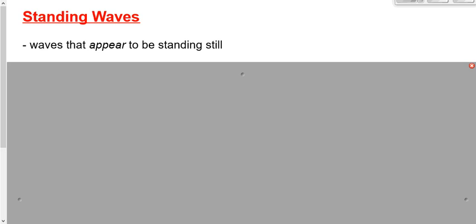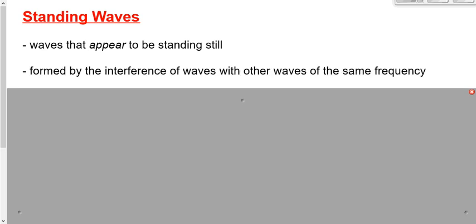So how does it appear to be standing still? Well, it's because what we're looking at, the wave that appears to be standing still, is really an interference pattern. It's the interference of the wave that's traveling down toward the barrier and the wave that's reflected off of the barrier coming back. We could determine using the superposition principle that we learned yesterday and the day before what that